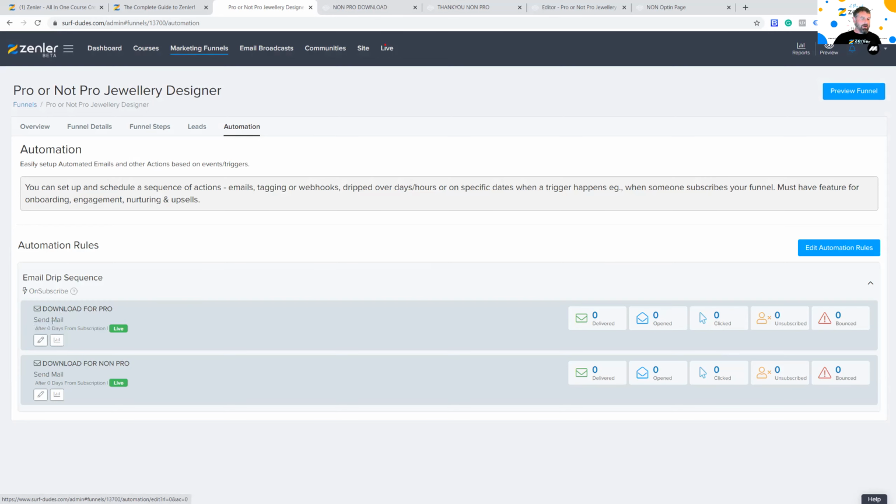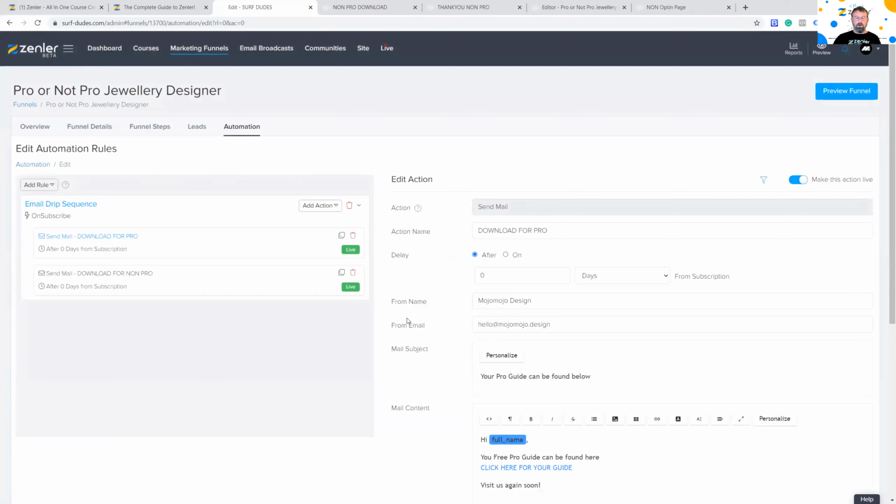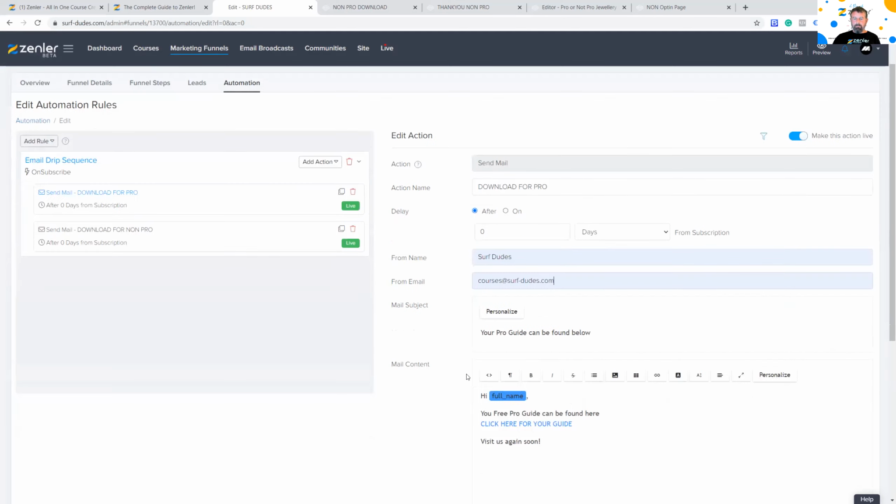So let's have a look at the download for pro. I'm going to edit this, and this is where it gets really interesting. Remember, with this download for pro, we're targeting the pro tag. So we can have our email here.